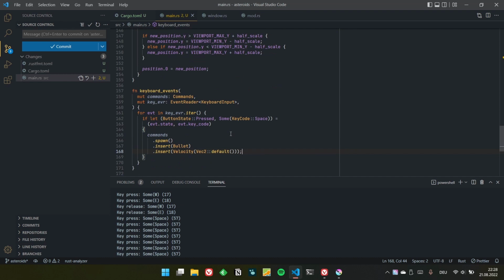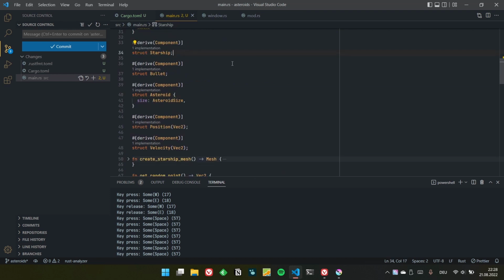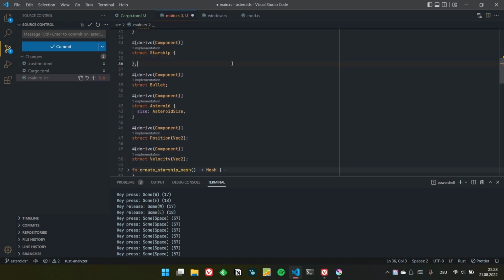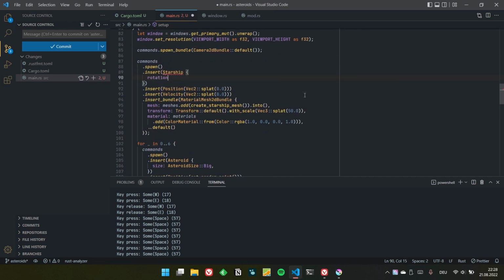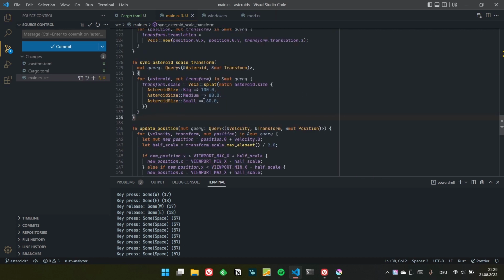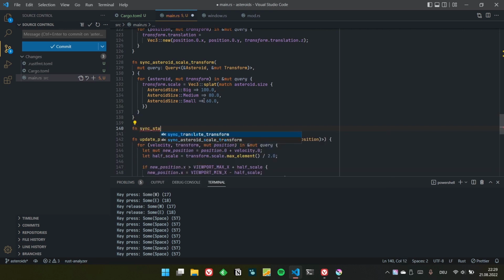We forgot. We probably want to take control of the rotation of the starship. Let's add a rotation field to our starship, which is a vec2. Starship rotation vec2. New. The starship should face north, so x would be 0 and y should be 1. So we need to sync starship rotation